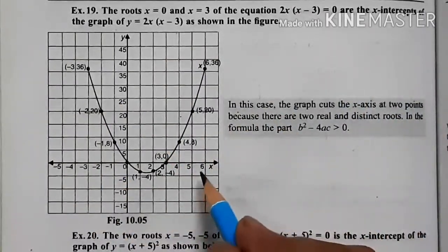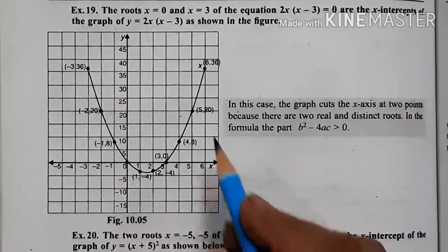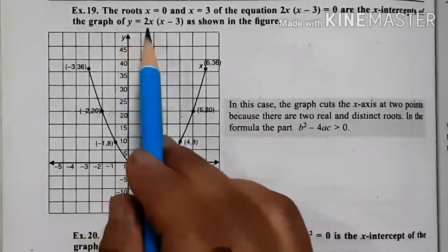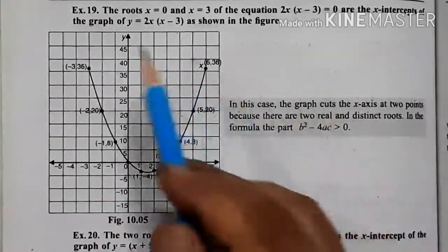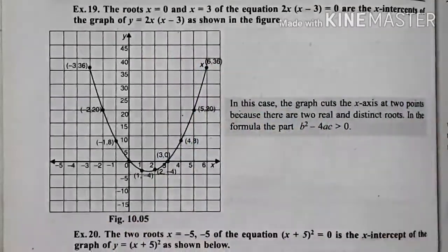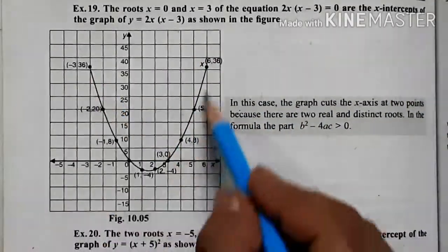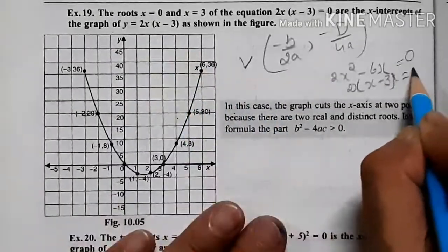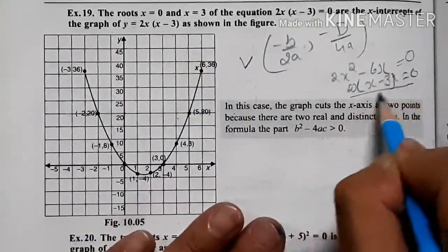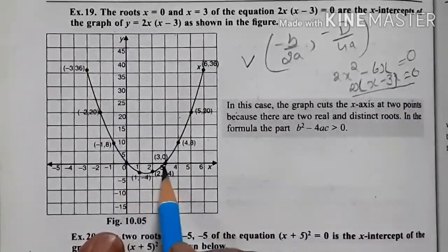If I check here also, if we go with the discriminant, because if we make it 0 and find the discriminant of this quadratic equation, that is positive, and here the coefficient of x square is positive, that means it is an upward parabola. So first I will mark x minus 3 is left. So here I got the 2 x values, one is 0 and one is 3.